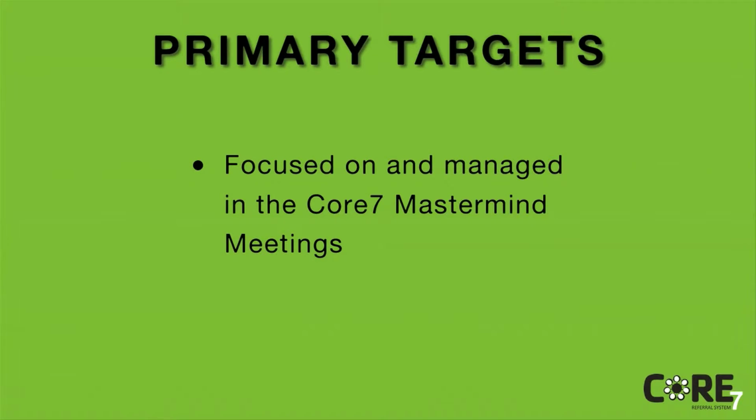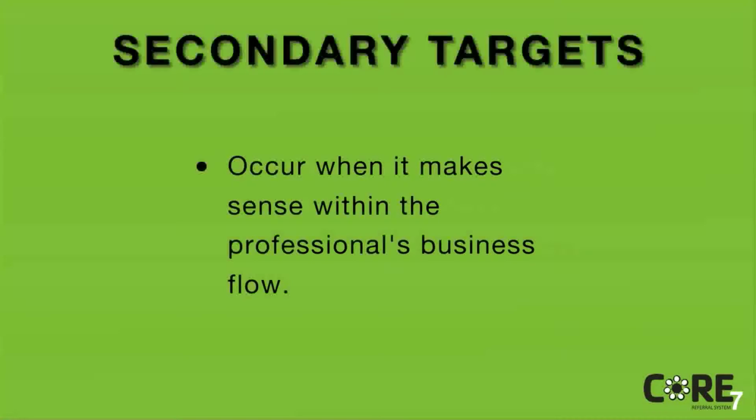So really, the primary targets every single time by every single Core 7 member, right? And the secondary, like you said, happen naturally, but that's not really the focus. They come up when it makes sense. Correct. There are many referral opportunities that happen without even trying or executing the system. Let me give you an example. The financial advisor and the accountant can easily refer a mortgage originator many times as refinancing opportunities present themselves. Now these referrals are great. I receive a ton of referrals from those professionals.